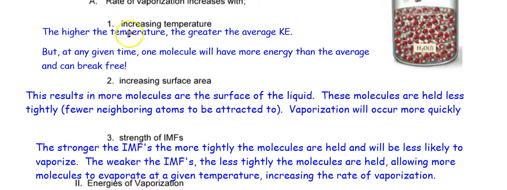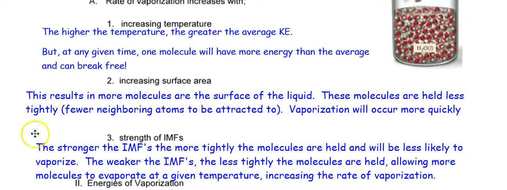So here, this is a direct correlation. Once you write that down: as temperature goes up, the rate of vaporization goes up. That's a direct correlation. Did you write that down? What about increasing the surface area? That's also a direct correlation, isn't it? So the larger the surface area, the faster the rate of vaporization. But what about the strength of intermolecular force? The stronger the intermolecular force, the lower the rate of vaporization. They're held more tightly. You're going to have fewer gas molecules. So that's an indirect relationship. The greater the strength of the intermolecular forces, the lower the rate of vaporization. Okay, so make some kind of note to understand that for yourself.